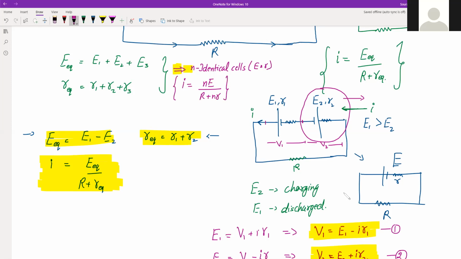That will be the case when obviously the cells are identical in nature. That means they all are the same cell having the same internal resistance and the same EMF. Okay, now